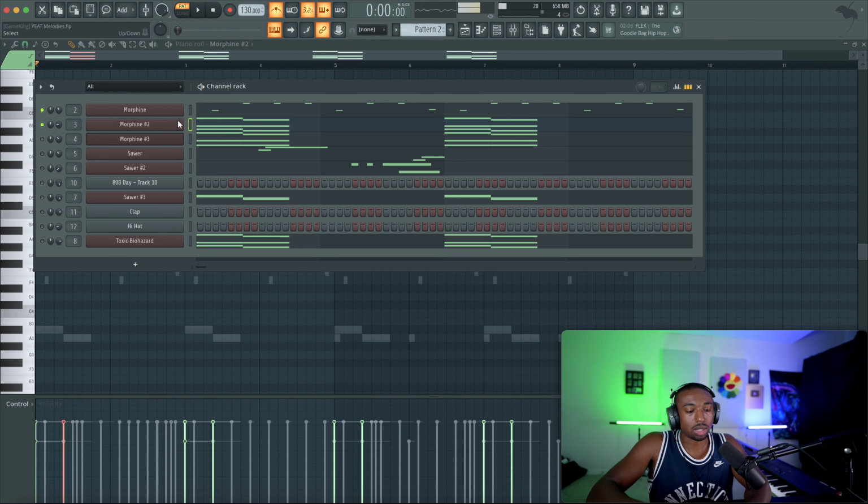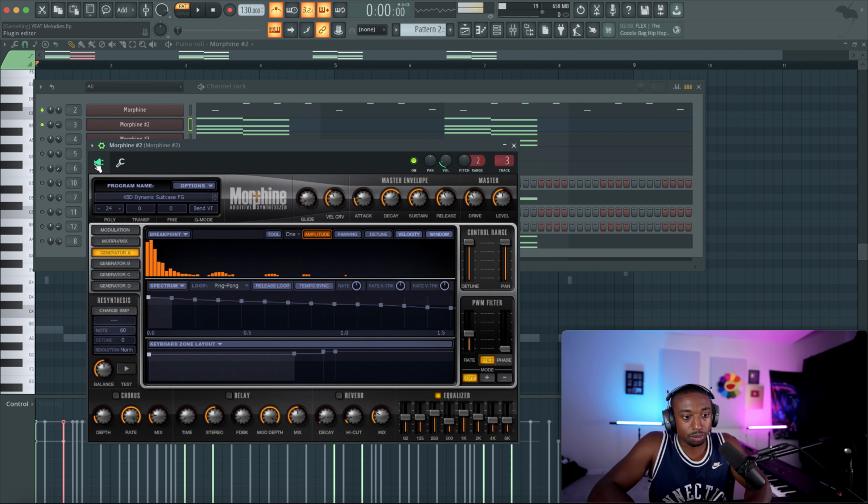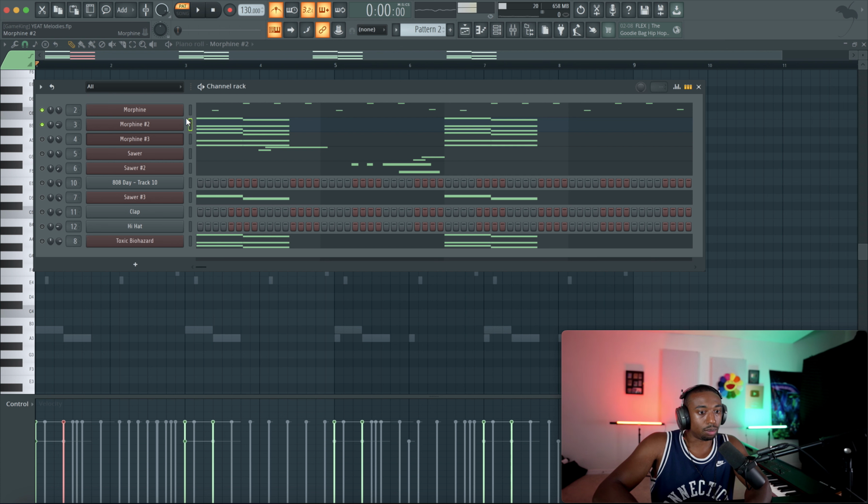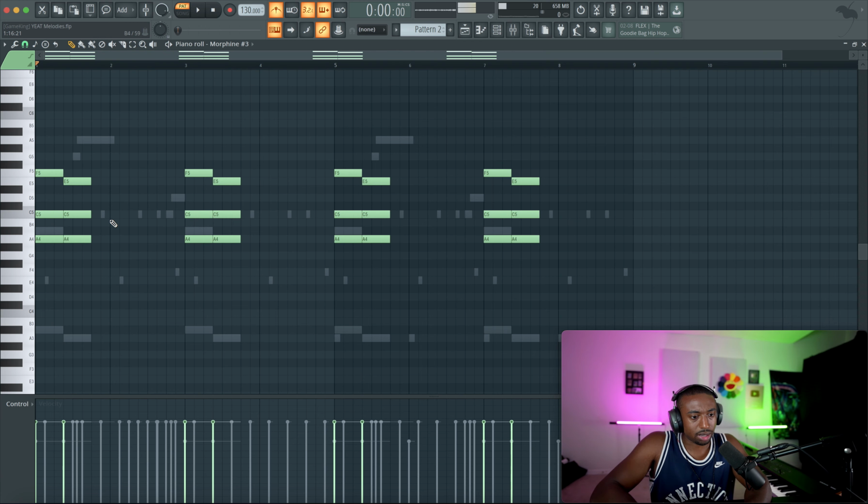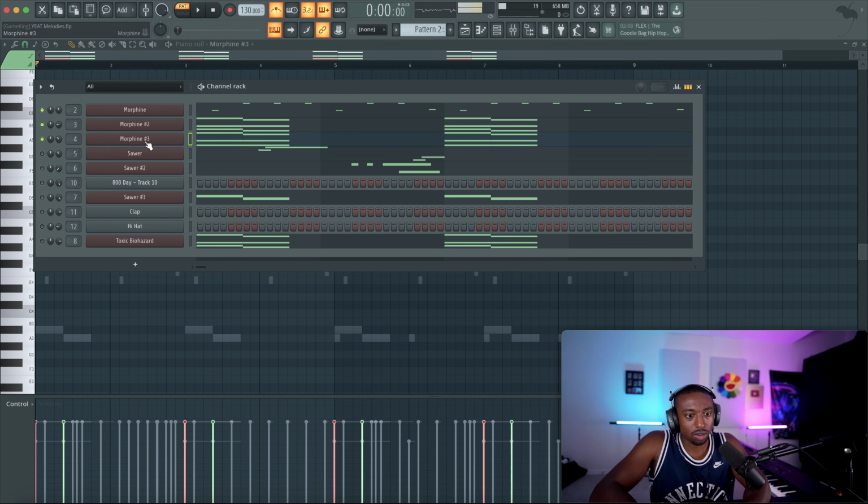But that sound was a little thin. The sound is from the Morphine plugin, and it is a dynamic suitcase preset, but it was a little too thin, so I had to layer it up with some more sounds. So now I added this sound here, and we're playing the same chords. The only thing is I'm playing a purposeful half step offset. So instead of playing the suspended chord, we're playing the minor chord. So it goes doo-doo.